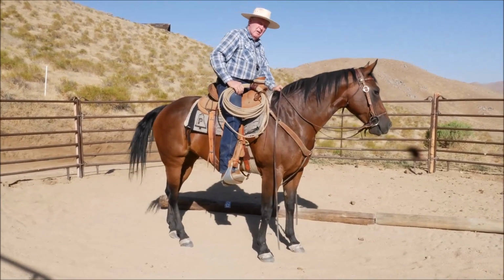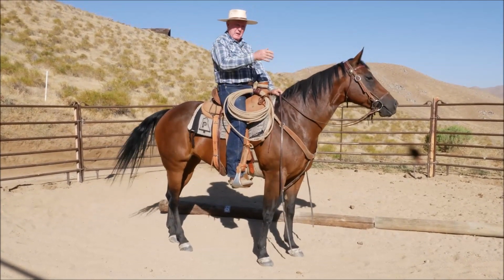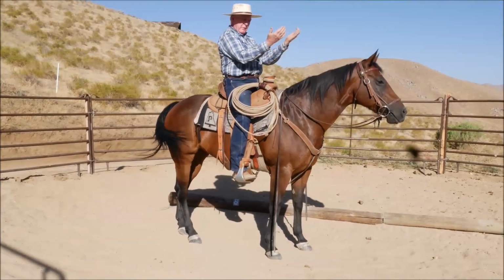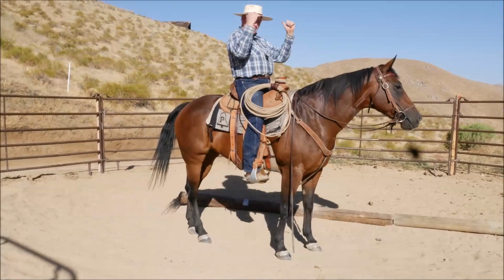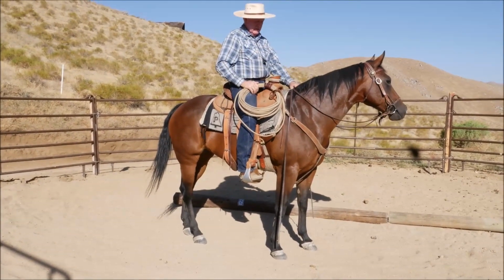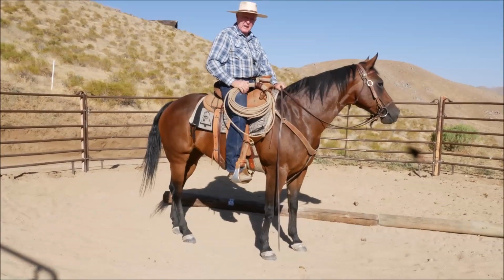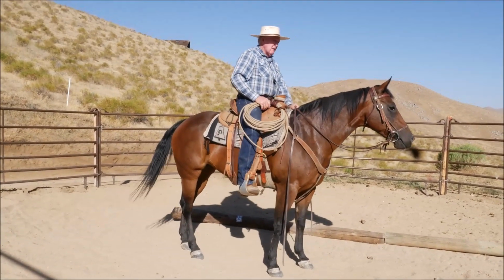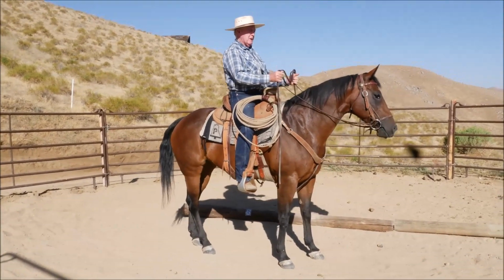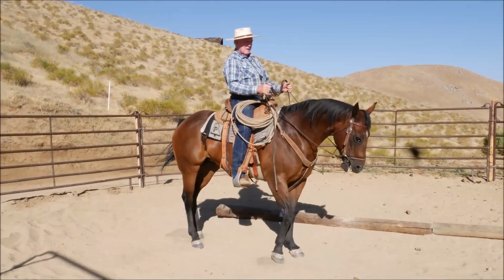I'll show you later on, but when I put a curb bit on this horse and I pick up my rein, it's going to lift the horse. You literally lift him off the front weight and put the weight on the back. It's very subtle. And you'll notice I never do anything at a dead run and sliding and all that. That's what ruined the horse in the first place. I have the opportunity to take my time. Now bear in mind,